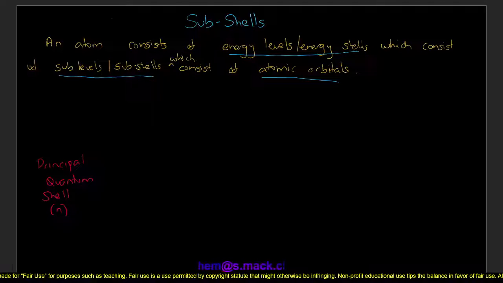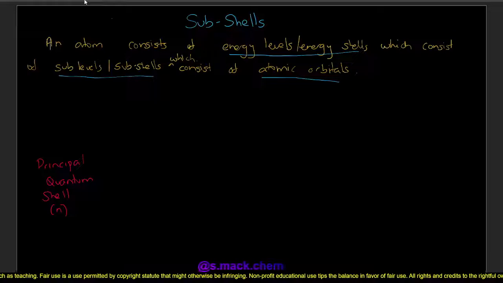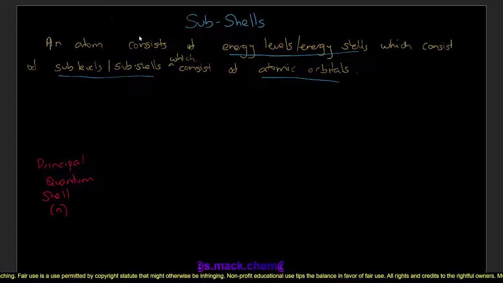So we have shells or energy levels within an atom. And I want to describe our atom by starting with the first energy shell. Right, so we'll take down a note, right? So the first